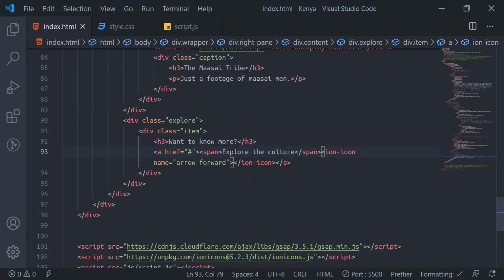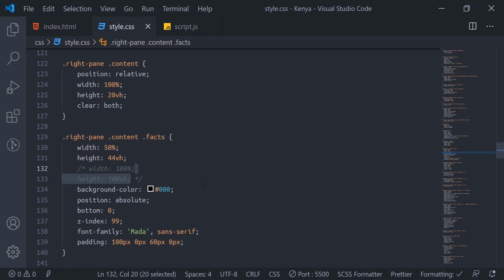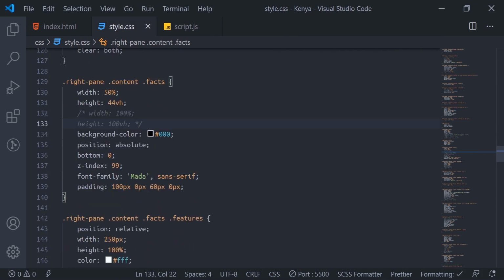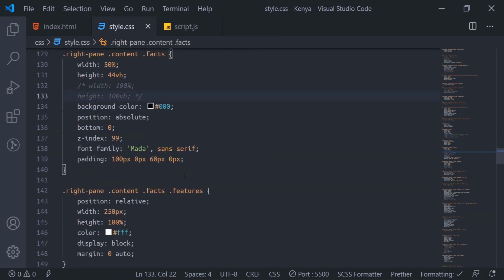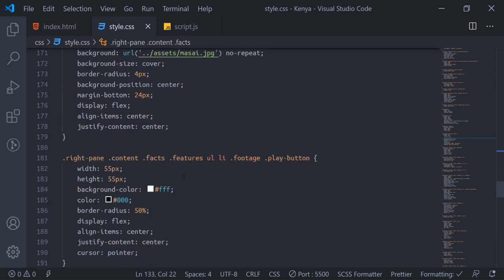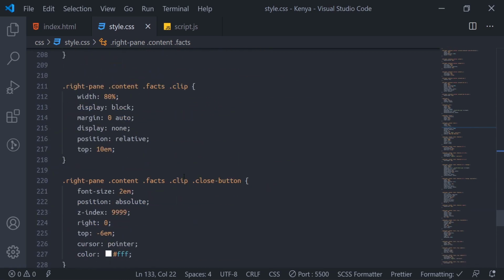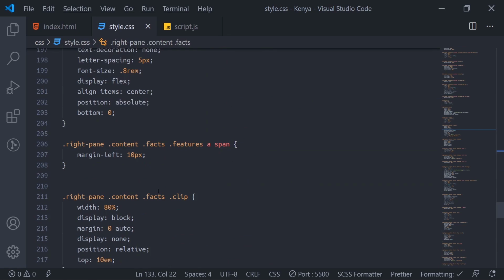So what we'll do is go to our style sheet here. We'll target and design those clips, where that clip side is. I want them on the other side, so just after facts.